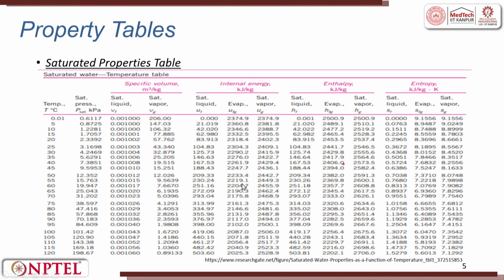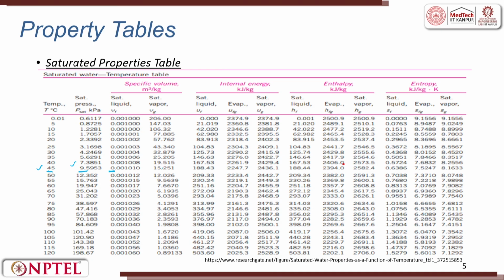So, if you look at a typical table, it is like this. And friends, today there are so many software tools in which you can just give some of the properties and get the further responses, whatever it is. If you look at it, water at 45 degrees Celsius, we will just discuss one point. Water at 45 degrees Celsius, saturation pressure will be around about 9.59 kPa. The liquid saturation will be at around about 0.0010.